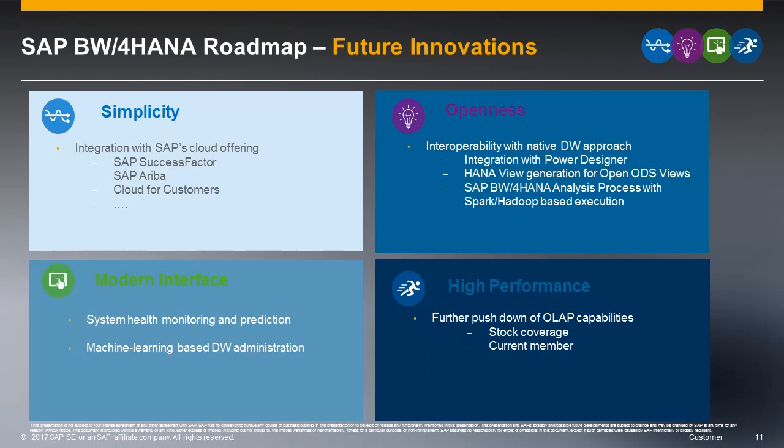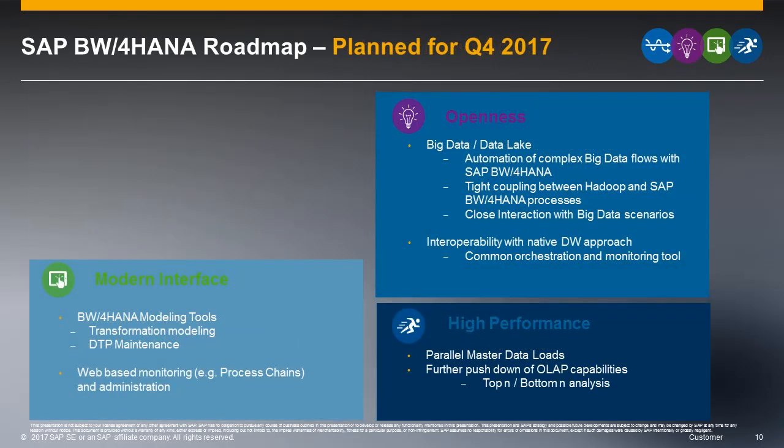So with Q4, from a modern UI perspective, the transformation modeling and DTP maintenance will be part of the replacement of RSA1. So these are some of the final pieces. Additionally, you will have the ability to monitor your process chains and make changes and restarts from the web. Don't quote me on this, but I also think that this will be able to be done from your devices as well. So that's a nice thing to have. In regard to openness,